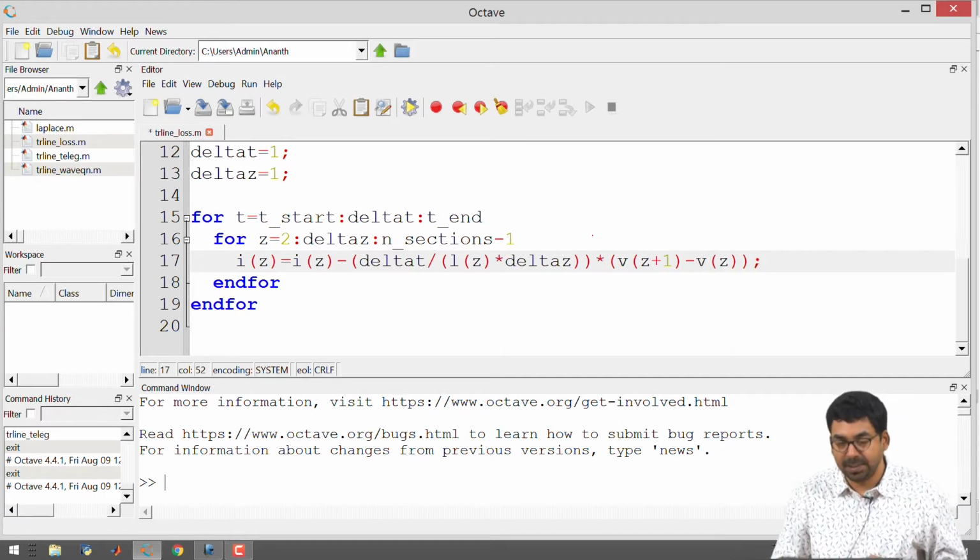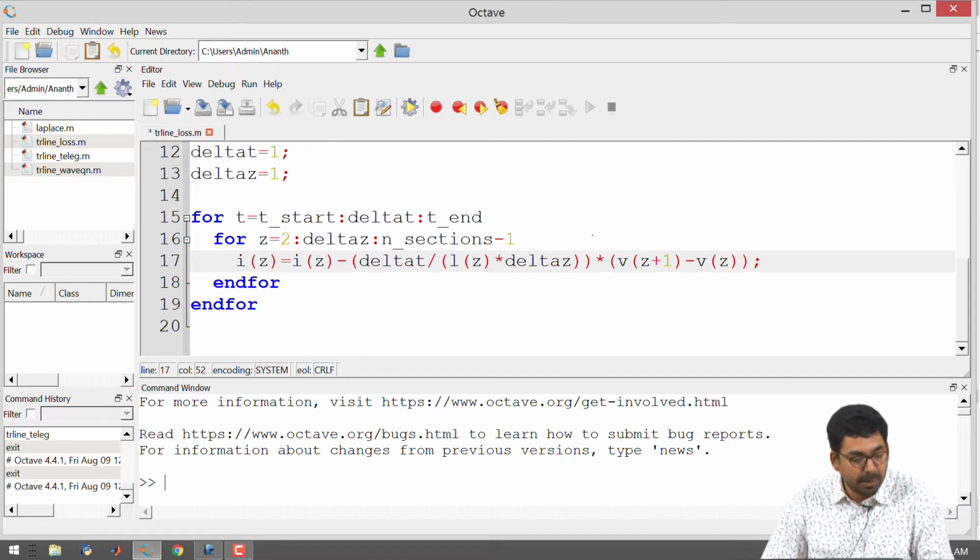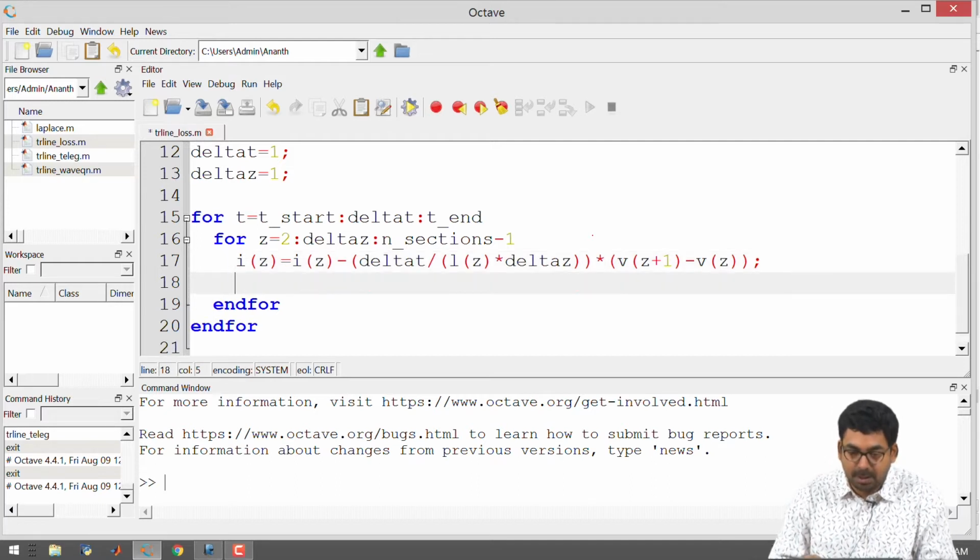This is the same update equation that we had when we were dealing with DC or pulsed excitation of the transmission line before. And I am putting down the same equation that we had before.